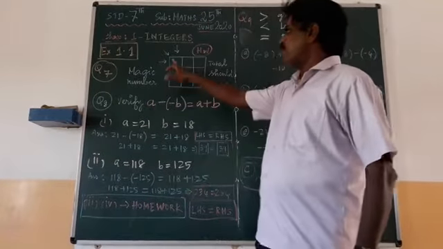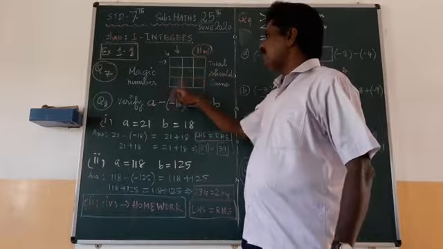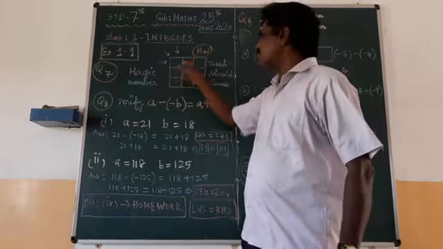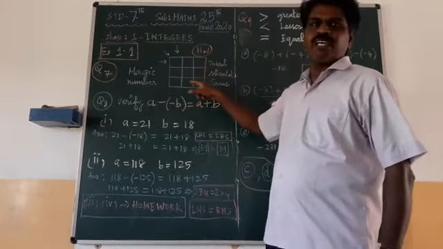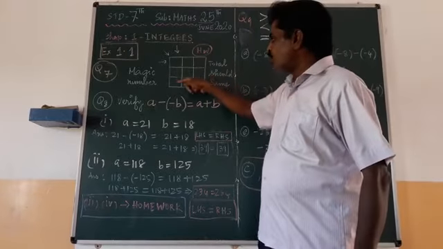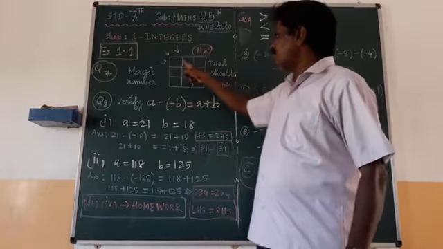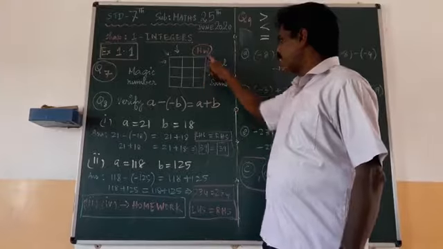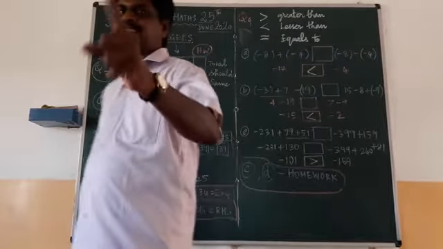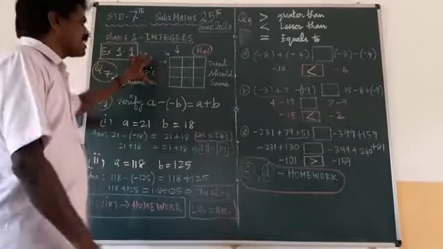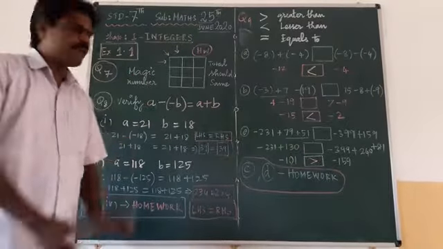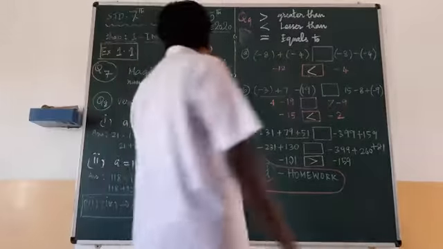What is that? A magic box is there. Three boxes this side, three boxes this side. You have to enter numbers so that when adding from top to bottom, horizontally, and corner to corner diagonally, all the answers are the same. Take it as homework and try with different numbers. Okay? That was the 7th problem.